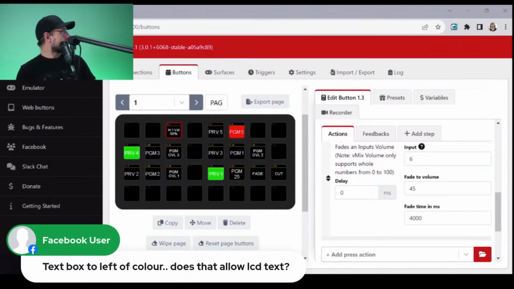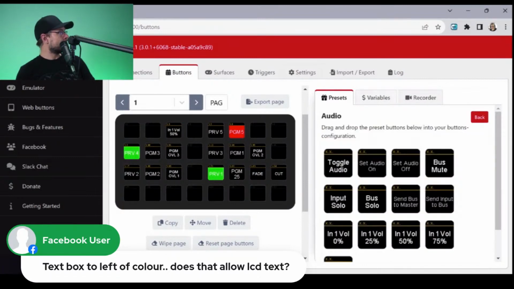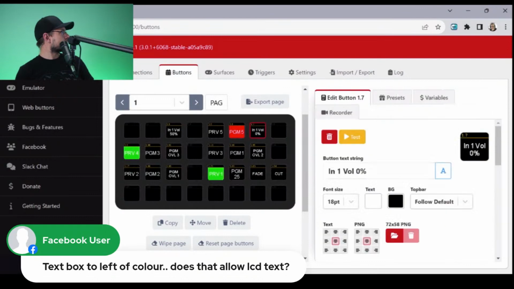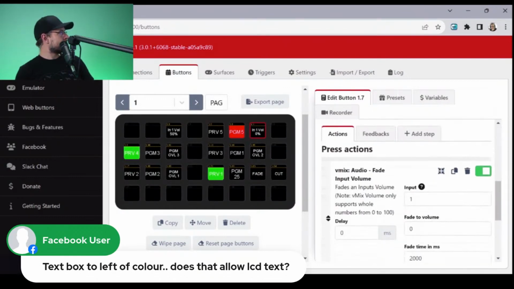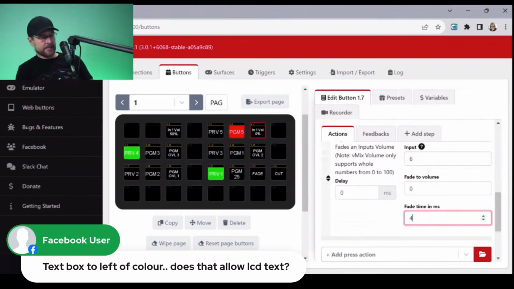Okay, so that's working, and we're going to do button 7 for the same thing, but essentially audio decrease, right? So volume to 0. Same input, fade to 0, same time, and Bob's your uncle. So now we do a full test.